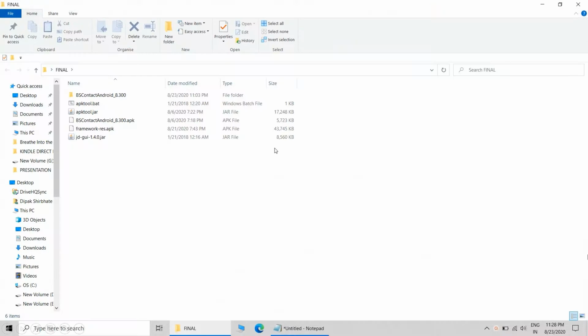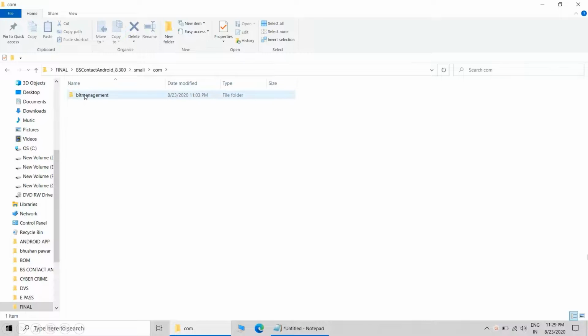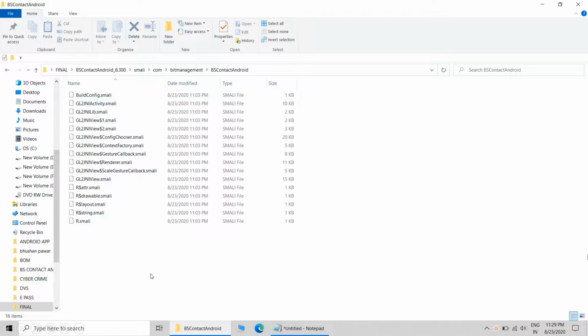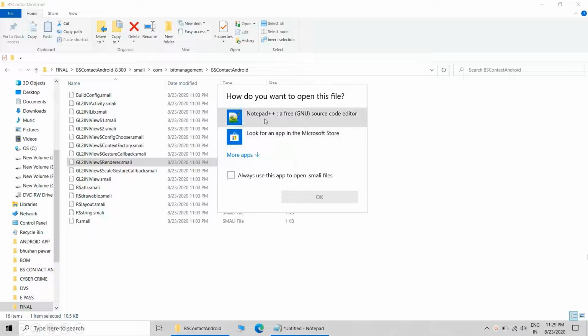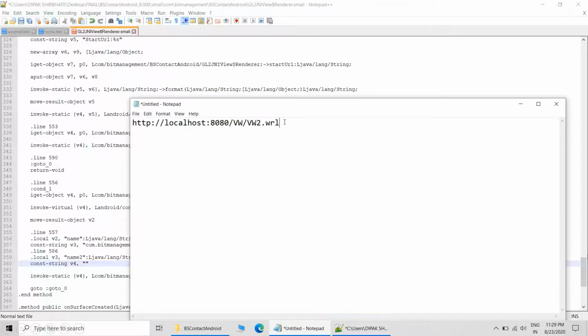So this is the final folder, small file, Notepad++, and this is the line that I want to edit. So I want to edit that line with this.